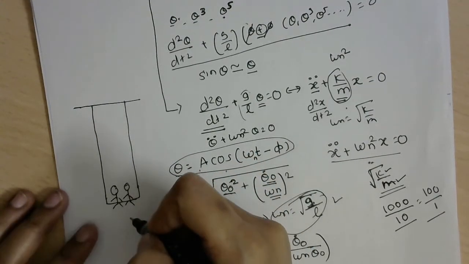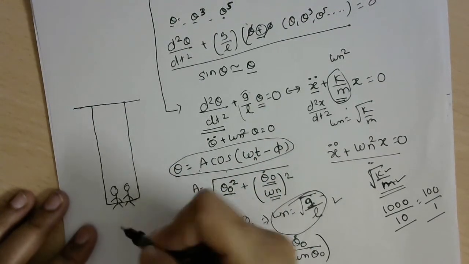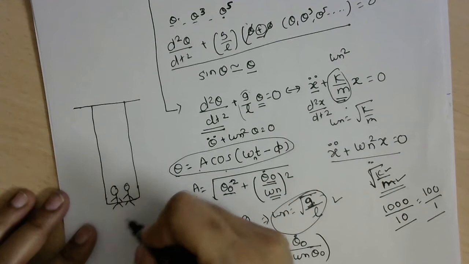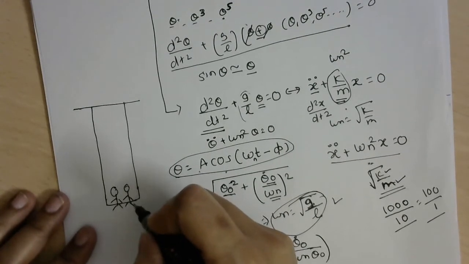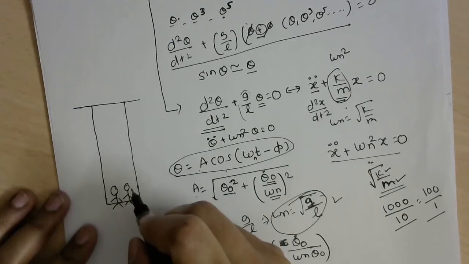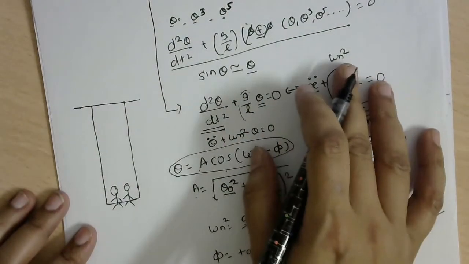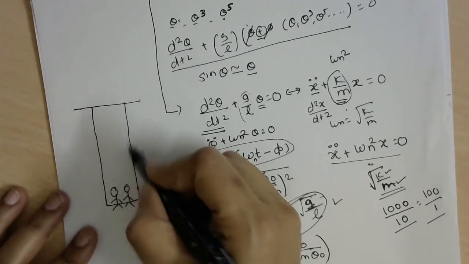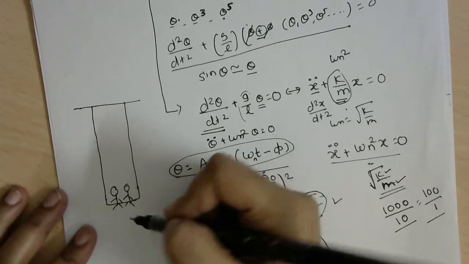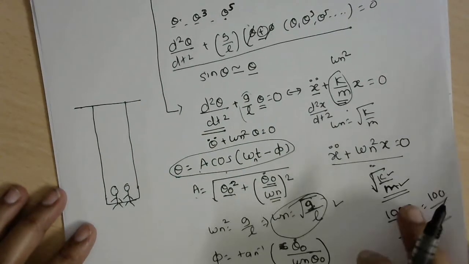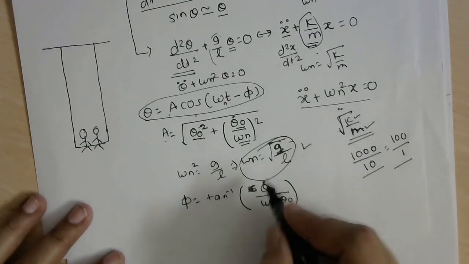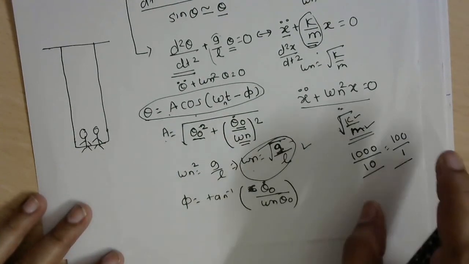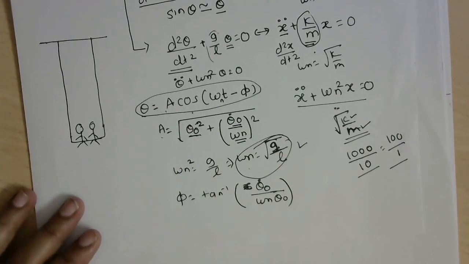So what you do is give certain initial conditions and observe how much time the swing takes to complete one oscillation. If you change the mass, if you invite one of your friends to come and sit along with you, the swing is still going to vibrate with the same natural period. There is not going to be any change in the natural frequency of the swing, provided this length is fairly large, so that you can say that theta is very small. As long as the small theta approximation is valid, natural frequency is equal to square root of g by l, which doesn't involve any mass contribution. So this is the first example that we have seen so far.